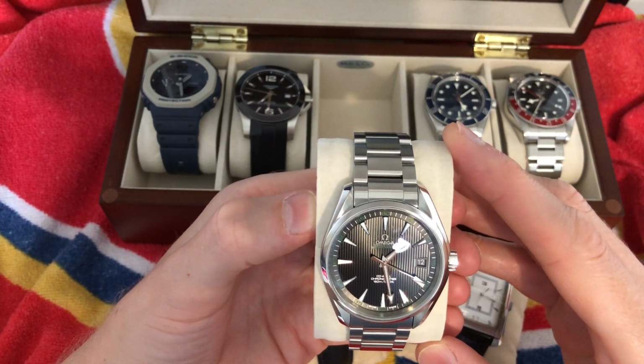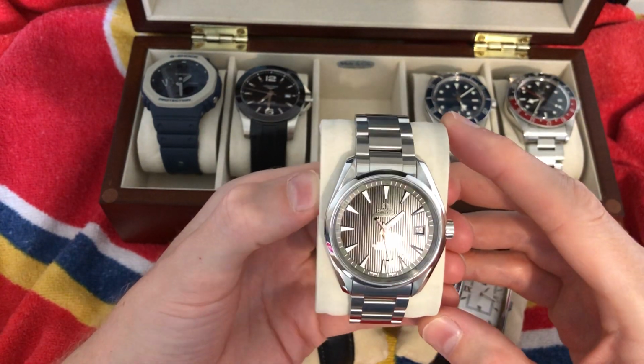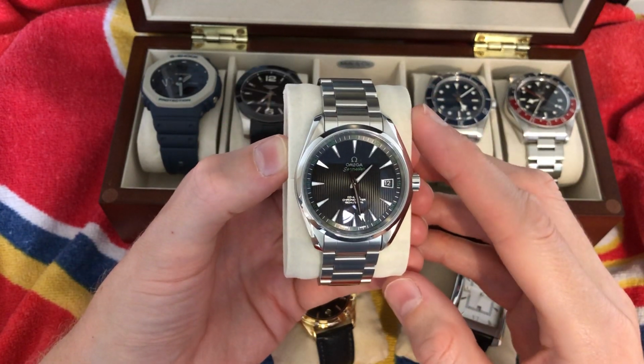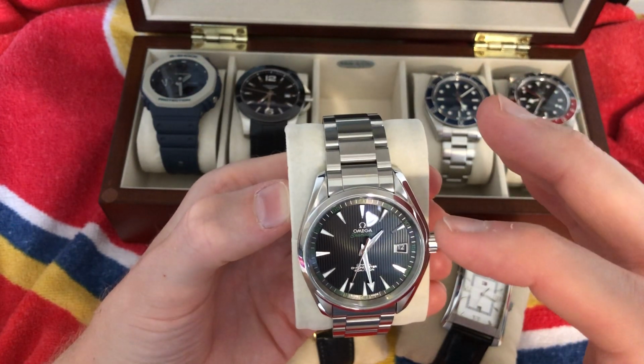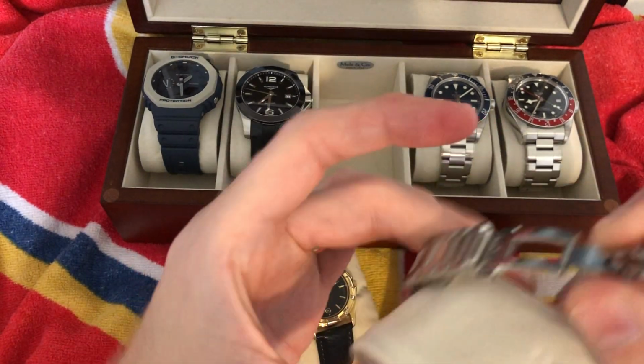And then they actually bought that back off me, or gave me a refund for that. And then I started doing my research, and I bought this. I was looking at Rolex Datejusts at the time, because I do like a date, and Oyster Perpetuals. But the green elements of this watch, the display case back of this watch, which I've shown on this channel a few times,